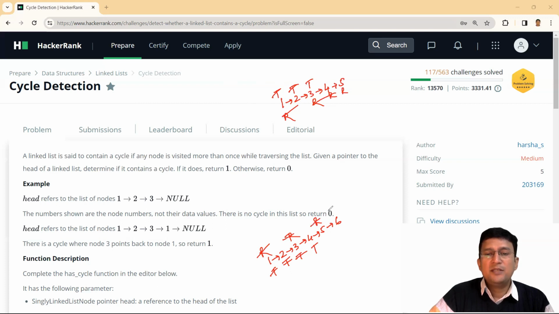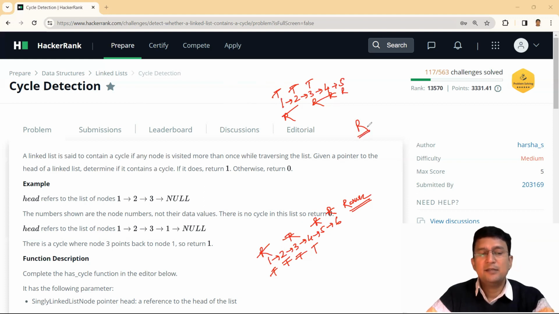Rabbit in first go reaches 6, and then in the next go it becomes null. So since rabbit has become null, this linked list does not contain a cycle. So either R becomes null or R dot next becomes null. This is the terminating condition, and here we can say that the linked list does not contain a cycle.